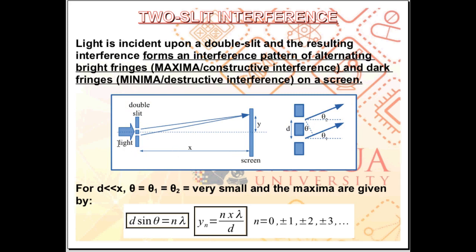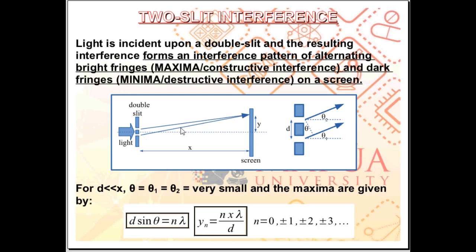Suppose you have a light and that beam of light is incident upon a double slit. You have a barrier with two openings, so slit 1 and slit 2. Essentially, you have two light sources, light source 1 and light source 2. These two light sources will be emitting light in the space beyond the two slits. If we place a screen a distance x from the two slits, the double slit,